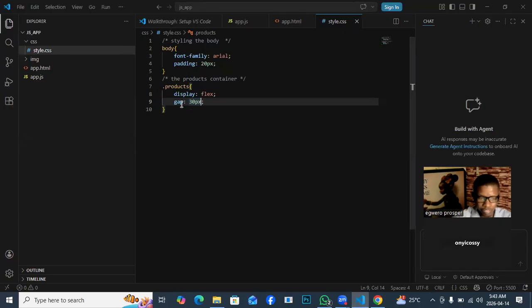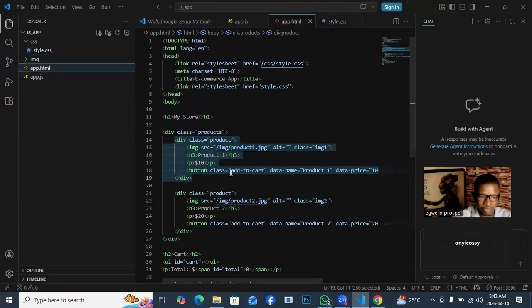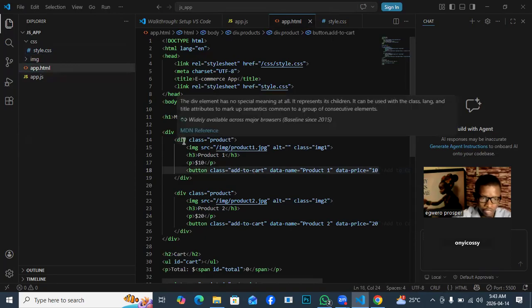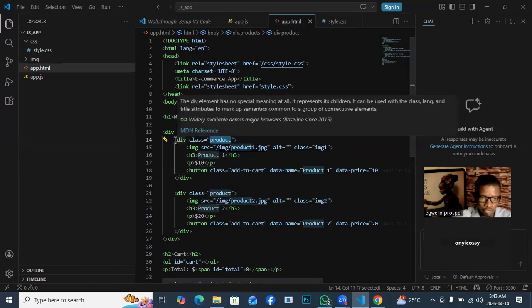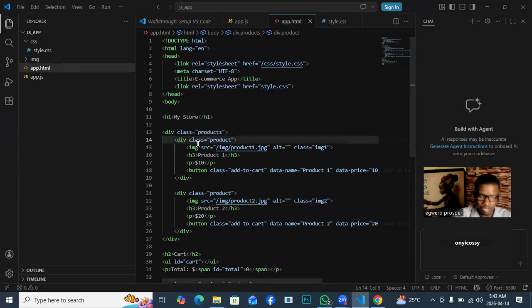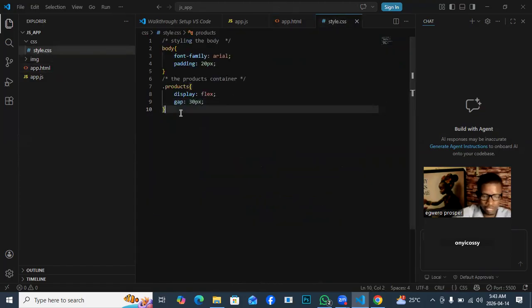So now the next thing is for me to go back to my HTML and start talking to the div with the class name products, the div with the class name product. Which means we are talking to the containers holding the image, the product name, the price, and the button for adding it to cart. So I'll copy also to avoid typographical error, that is Ctrl+C. Then I will indicate with a comment